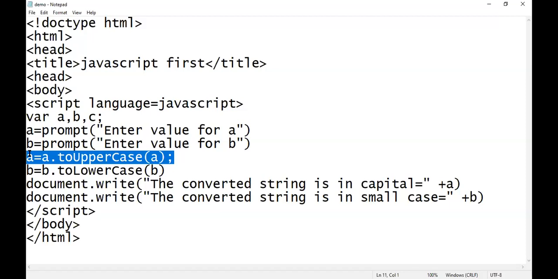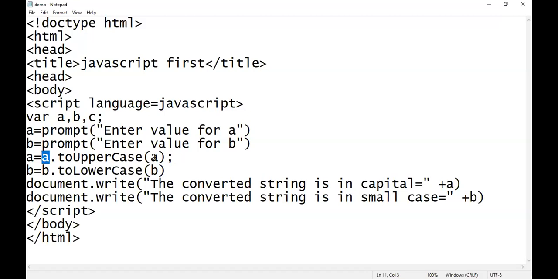See how I wrote this instruction. You know very well that toUpperCase is a function, right? toUpperCase is a function, and on which value I want to apply this function, you can write either here or here.